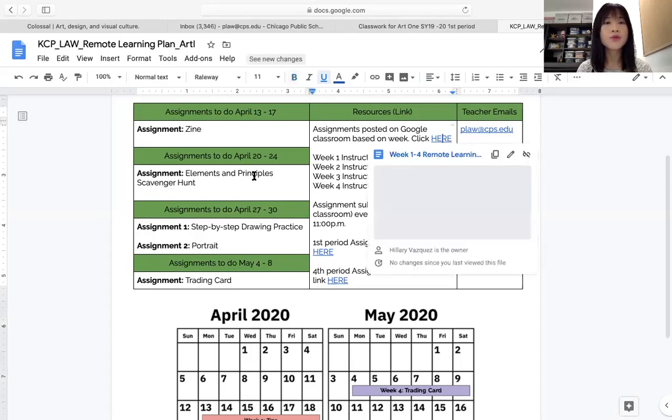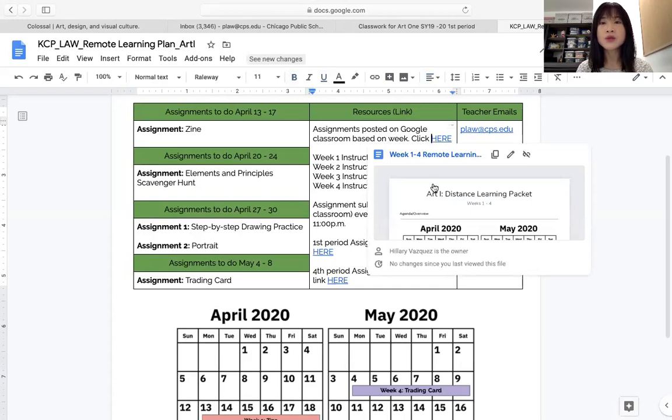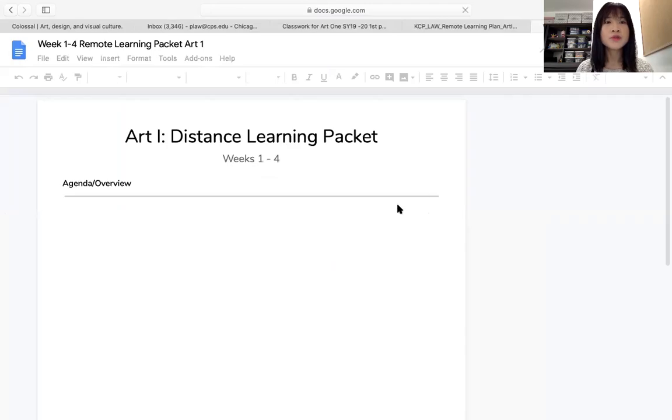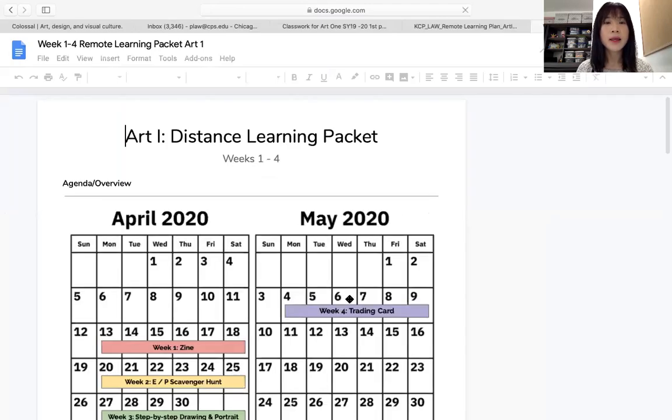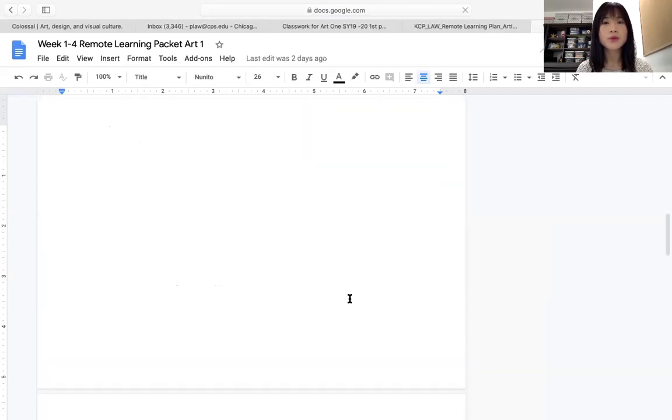For week 2, we are going to do the elements and principles scavenger hunt. You go to the resource, open the instruction, and then you go down. We will pass week 1 because we already did that.